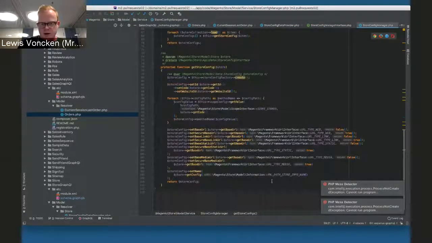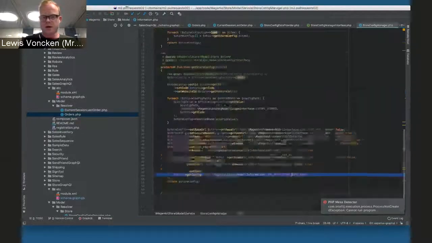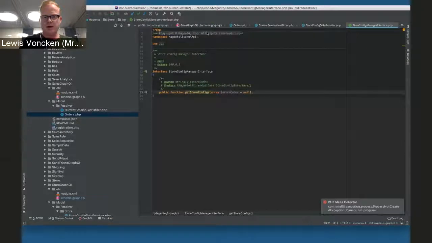You can see it here. Here is the path also used. This is the basic path. So it's really the store information name. Okay. The other thing I've added is a second pull request, which is